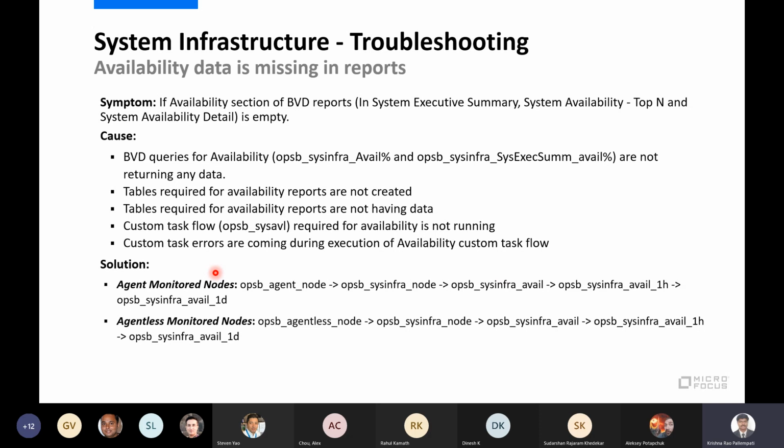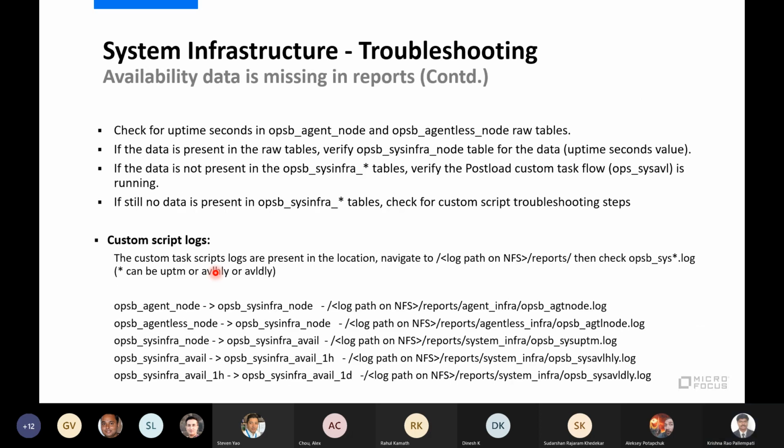Keep in mind this is the data flow, and we will debug step by step. So first we will see in my raw table, as I mentioned earlier, we always will get uptime seconds. The GBL uptime seconds is the metric which we get from the agent. We'll see whether this data is there or not.